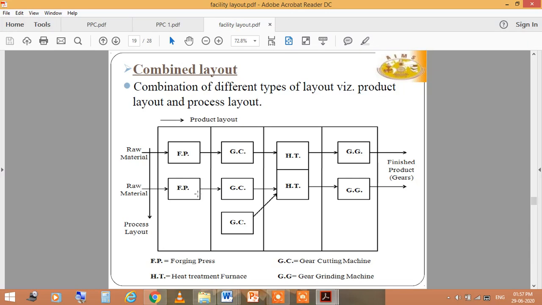After the forging press, it goes to the GC, that means gear cutting machines. After gear cutting, it is transferred to the heat treatment furnace. After the HT section, the product goes to the gear grinding machines. Then finally we reach the finished product, gears.